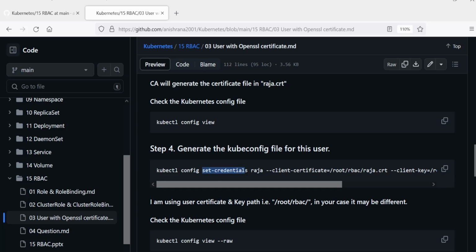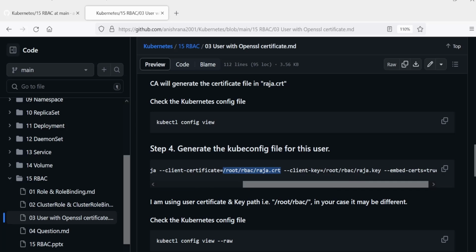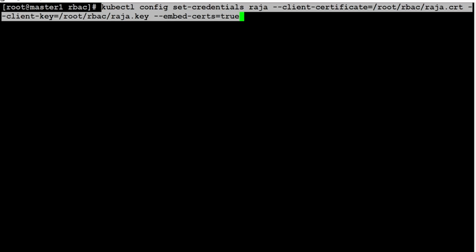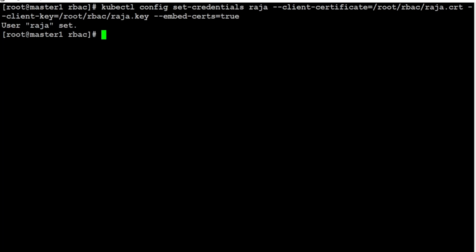Here I'm defining set-credentials for Raja and --client-certificate is this. If you have a different directory, initially I created the rbac directory, right? If you created a different directory, then you need to modify the path here, and then for client key, again you need to modify this path. That's it. So I'm going to copy this command and put it over here. It says user Raja is set.